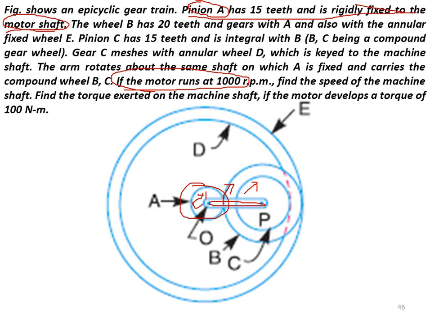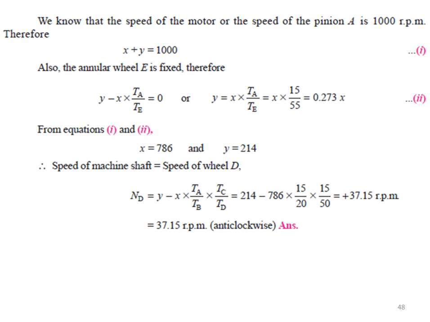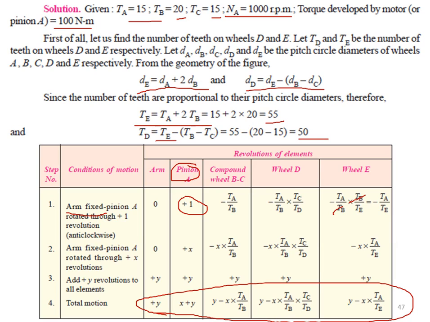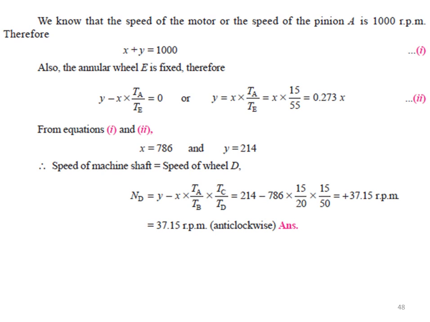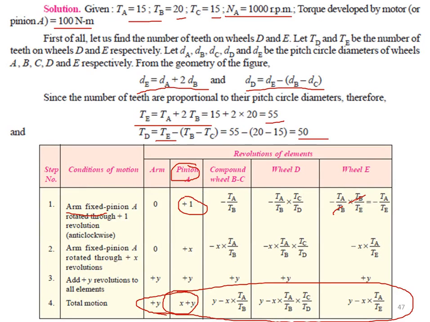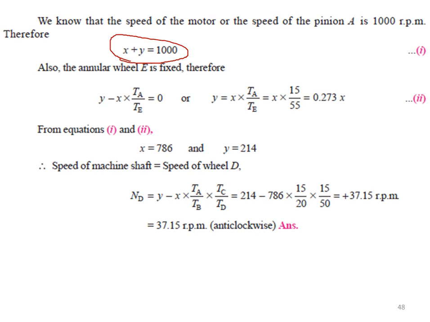So you know that NA is given as 1000 RPM. Then the speed for A is what? x plus y. So x plus y is 1000. So this condition we get. Then wheel E is made fixed. So wheel E fixed means this part will be fixed. So y minus x into TA by TE also equals 0. So using this relation, substituting the values in equations 1 and 2, you get x equal to 786 and